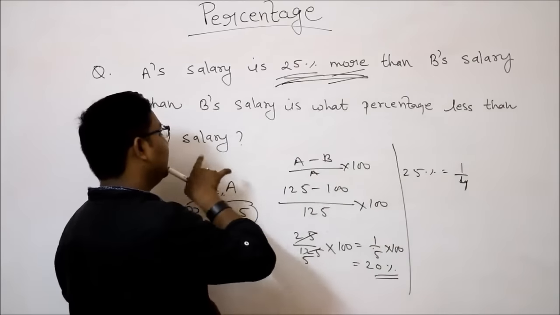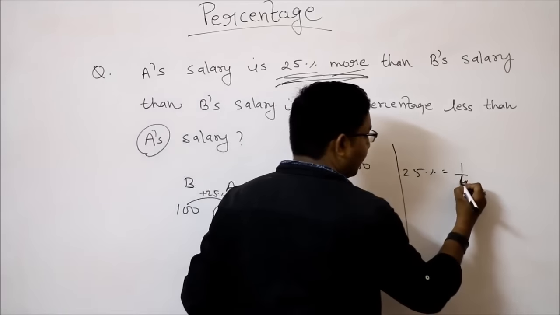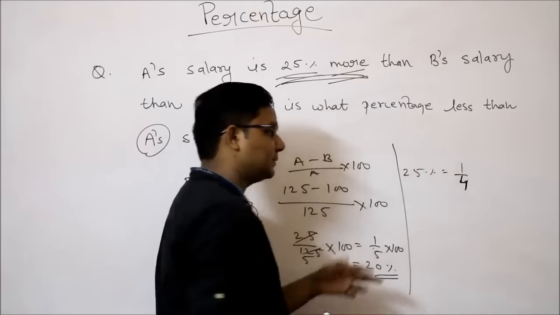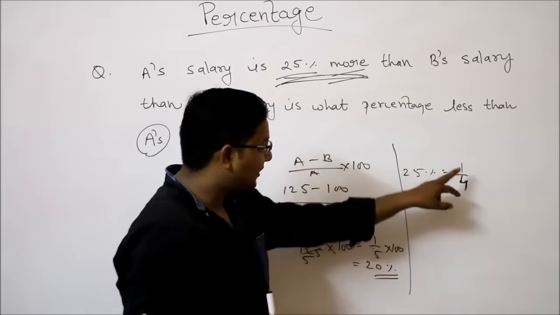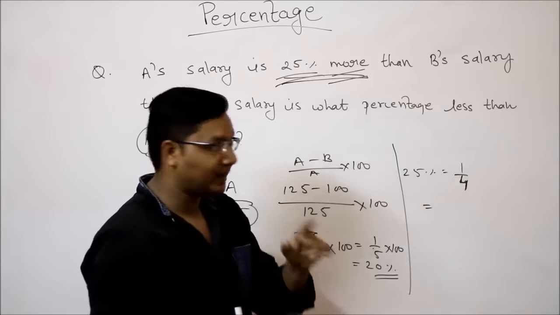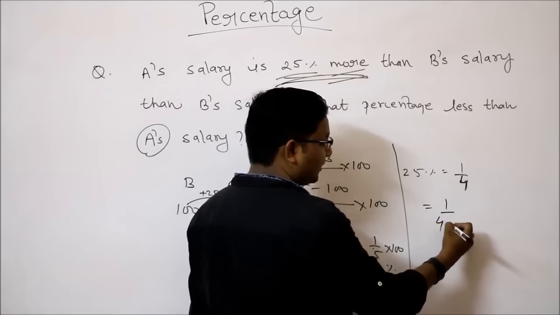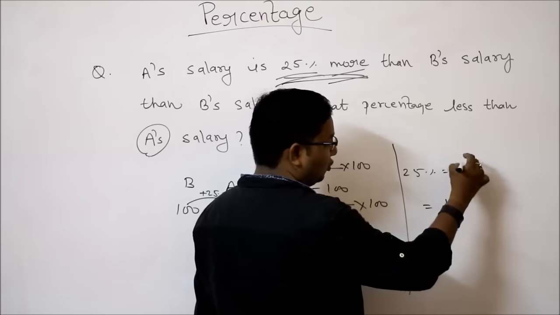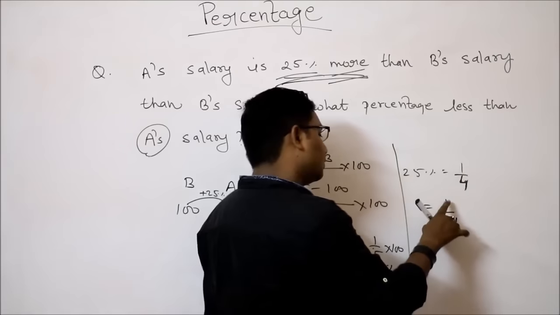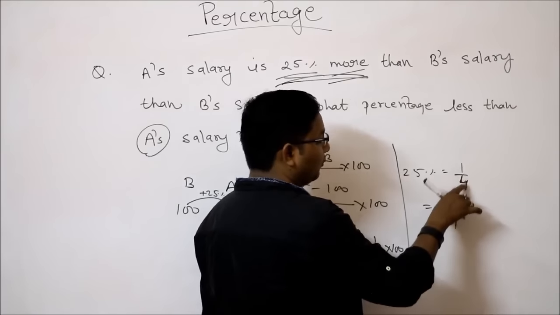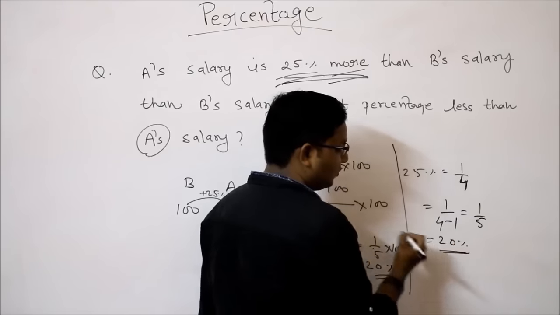तो हम लोग को क्या निकालना है यहाँ पे, B सैलरी परसेंटेज लेस देन A सैलरी, तो यहाँ पे हम लोग को डिनोमिनेटर को ग्रेटर करना पड़ेगा, तब वो कितना परसेंट लेस देन निकलेगा, ठीक है. तो अब न्यूमरेटर को चेंज नहीं करना है और डिनोमिनेटर को चेंज करना है. आप कैसे करना मैं बताऊंगा. न्यूमरेटर को 1 रखें और 4 को बढ़ाना है, तो 4 को कितना बढ़ाएंगे, न्यूमरेटर की जो वैल्यू है उतना. सपोज यहाँ 2 रहता तो यहाँ पे 2 लिखते हैं. सो 1/4 + 1, सो ये हो जाएगा 1/5, सो ये हो जाएगा 20%.